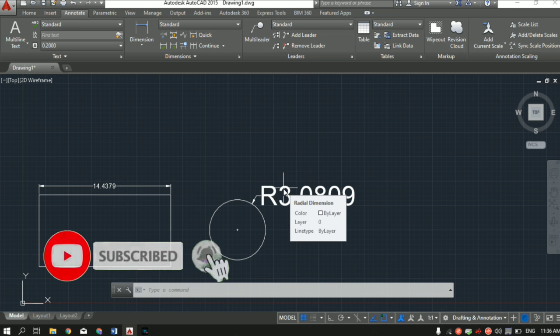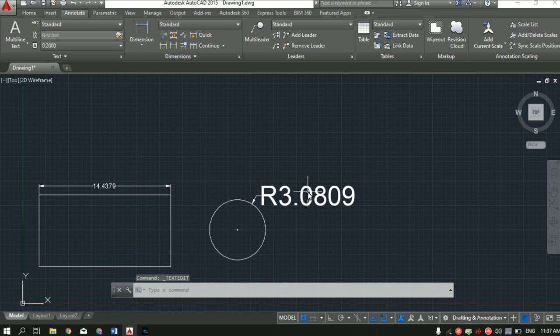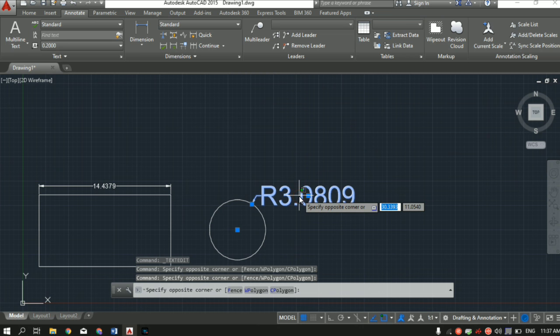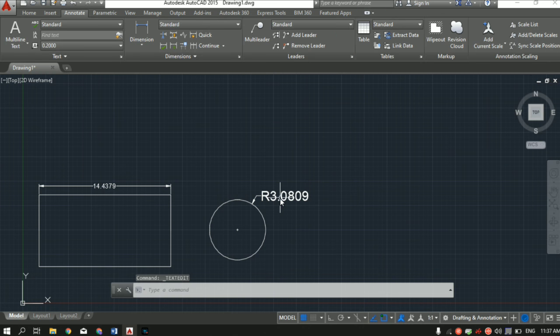Just a quick tip where most people get this wrong is they double click on the dimension and they don't select the dimensions. They just go and put values in the text height. Let me put it 1. Press enter. Then close the text editor. You'll see that nothing has happened. The reason is you've got to select the text. That is, you've got to select the dimension and then put the annotated value. Select the entire dimension, then put the annotated value. Let me put it 1. Press enter and close the text editor. You can see that the size automatically decreased.